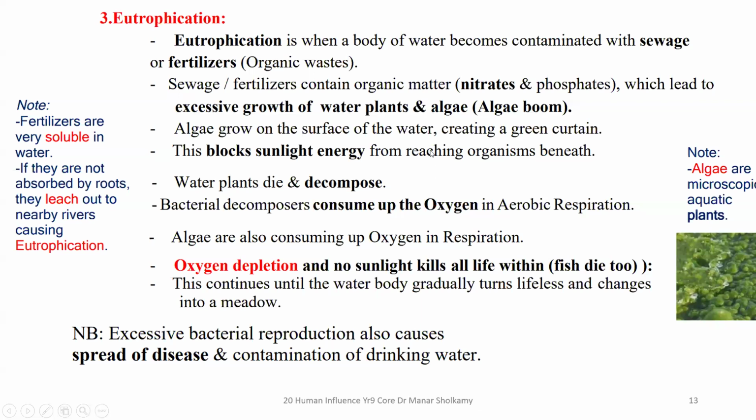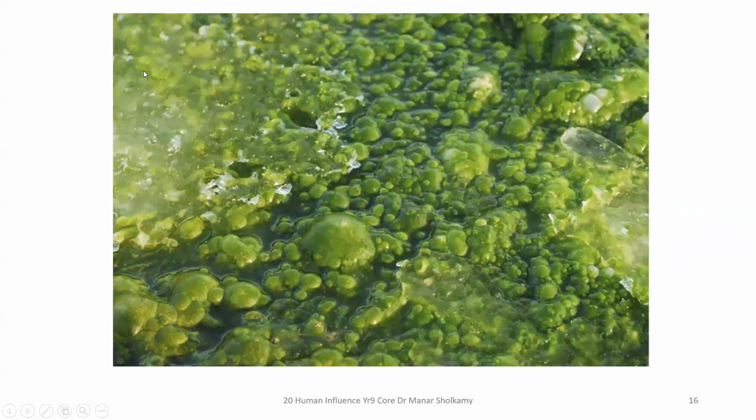A third disadvantage is eutrophication. Now, eutrophication also is a very, very common objective. They always ask you about it. Very easy. Eutrophication looks like this. We had a nice, beautiful river, and we changed this river into this green, ugly meadow of algae. You know this green, slimy algae that you see floating on rivers or on rocks? This is algae. This is eutrophication.